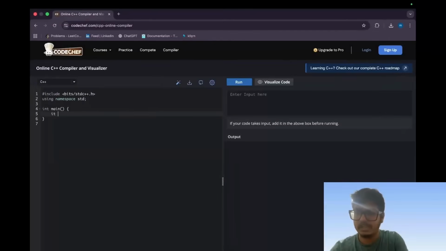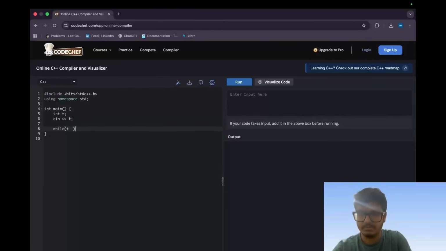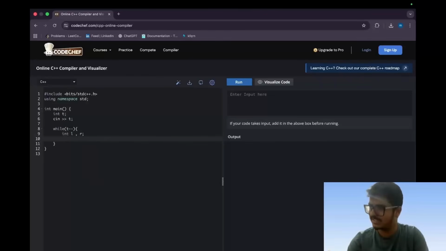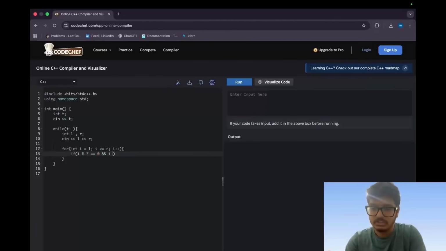So, we want the number of test cases to be implemented first, and we'll calculate for the number of test cases. We're getting two things as input, that is the lower limit and the upper limit. So let's take the input for them and we'll loop over the lower limit until the upper limit. So it would be i less than or equal to r, i plus plus. Now we need to just check it should be divisible by 7 and i modulo 5 should not be equal to 0, and we need to check is palindrome of i, it should be false, and